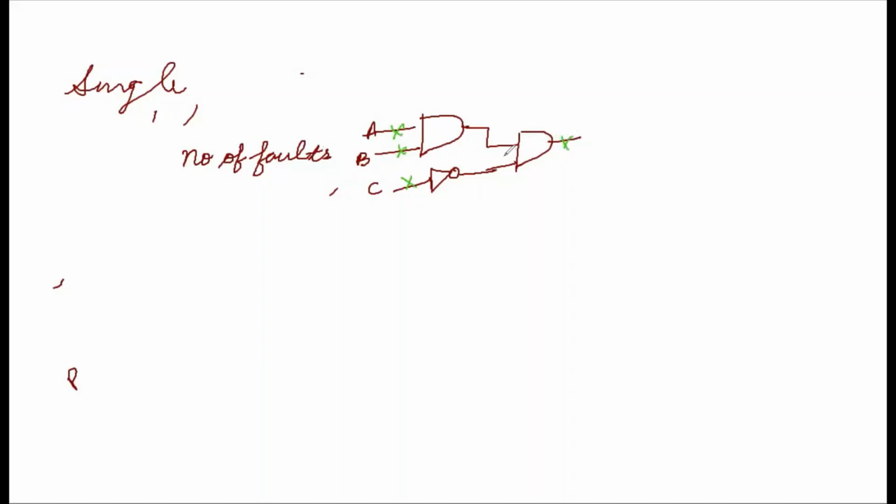Apart from that, every line which is serving as input to another gate or coming as the output from another gate is also considered as a node or the line. So in this case, this is also a node. So logic level यहाँ पे भी change हो सकता है आपका, यहाँ पे भी it can be stuck. Similarly at this line. So in this case, primary inputs plus primary outputs plus the intermediate lines, the total number of nodes or n would come out to be 6.